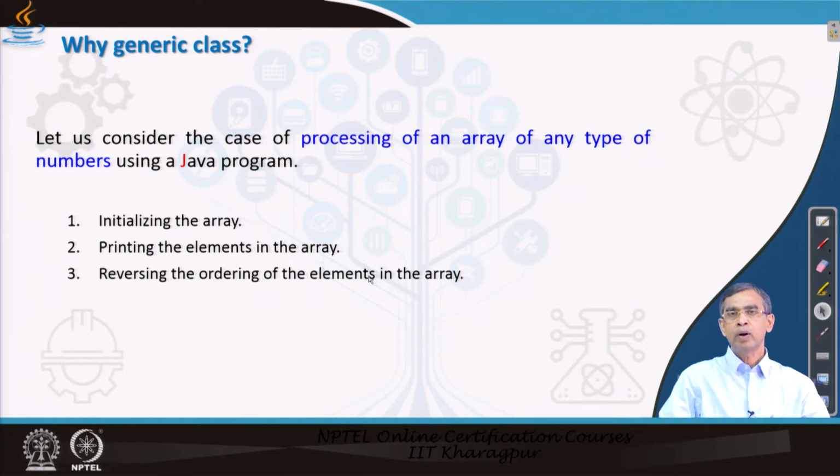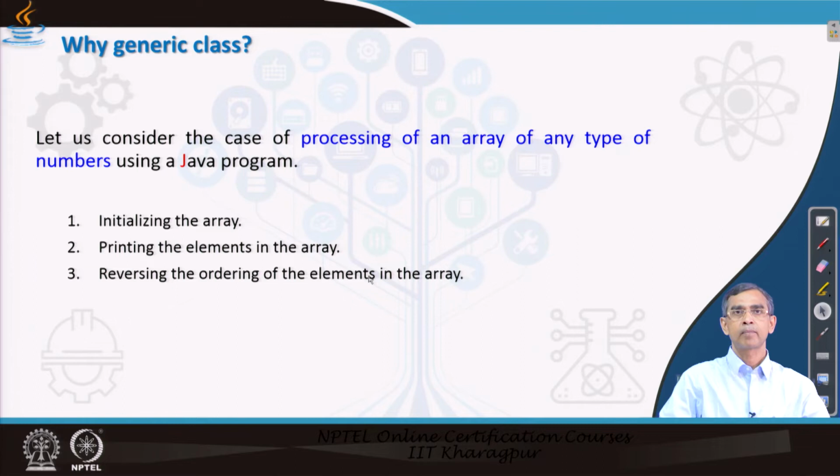Now, we want to make this program generic in the sense that the array that we will use can store any type. Then the method which will print should print any type of array's elements, and another method, reverse, should work if the array stores any type of data. It can be integer, it can be float, or it can be string, or it can be any user defined data type. Now, let us see without any generic programming, if we want to do it, how we can do that.